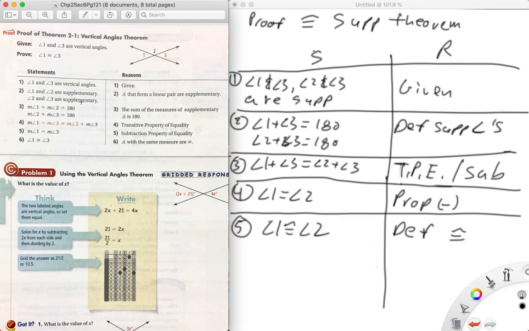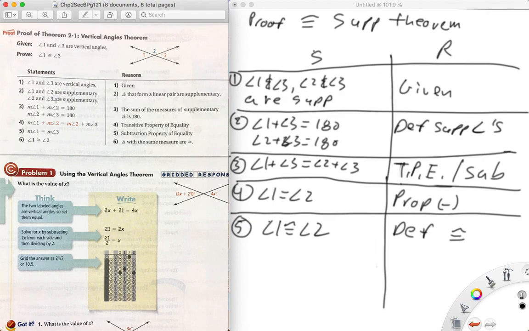Each statement is essentially a sentence. Angle 1 and angle 3 are vertical angles because it's given. Angle 1 and angle 2 are supplementary, and angle 2 and angle 3 are supplementary because linear pairs are supplementary. Therefore, by the definition of supplementary angles,